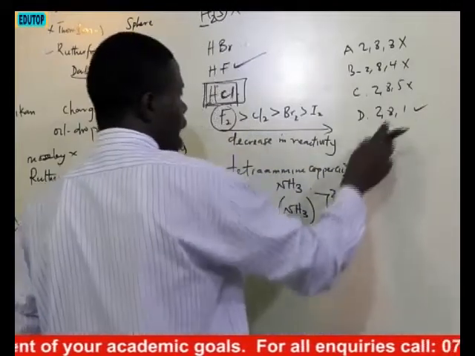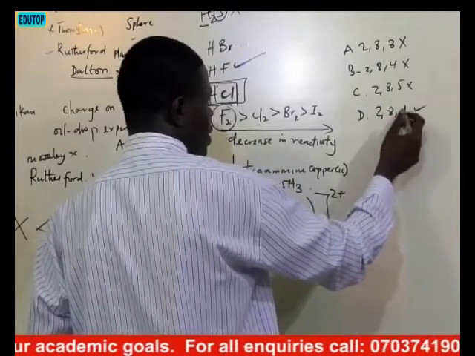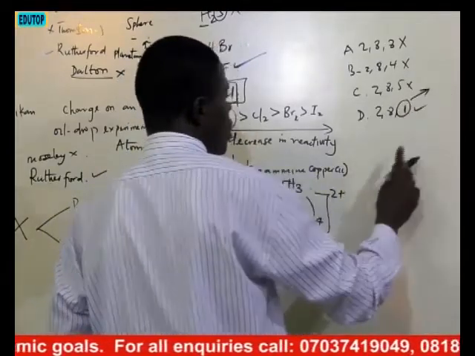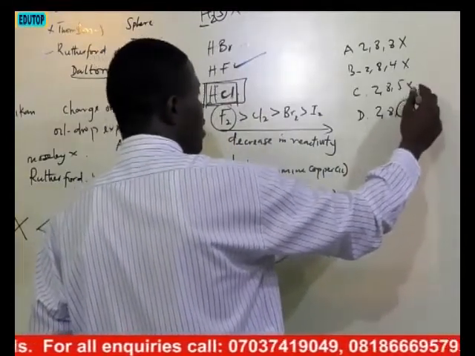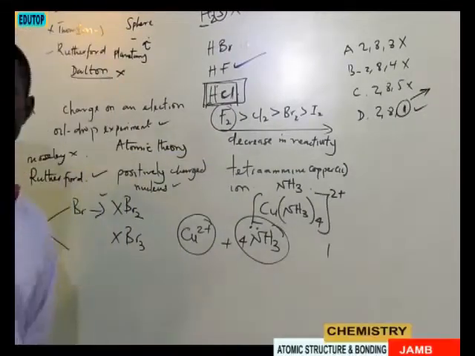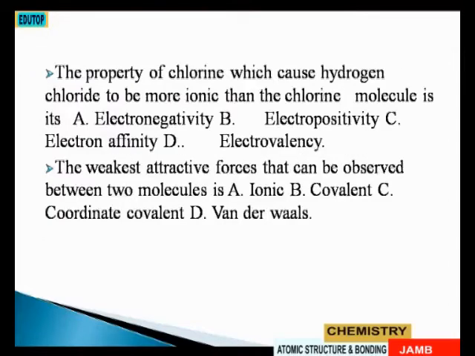Simply because electrovalent combination is attained as a result of the ease with which an element donates electrons. So automatically, one electron can be donated easiest here. So that is why option D will definitely be the answer. Question 9. The property of chlorine which causes hydrogen chloride to be more ionic than chlorine molecule is